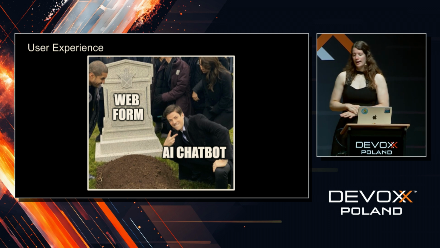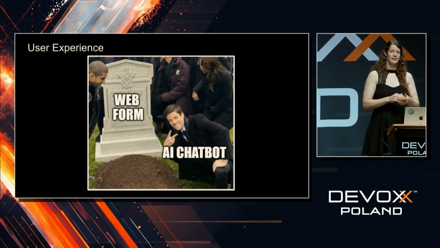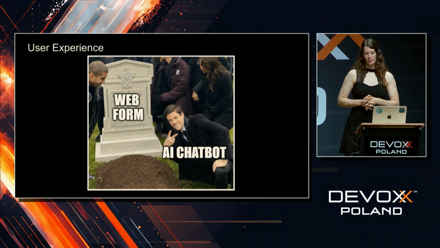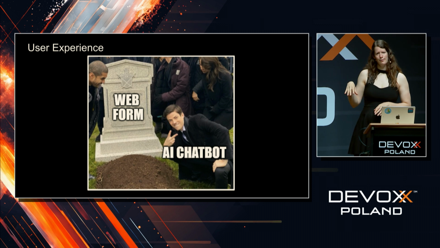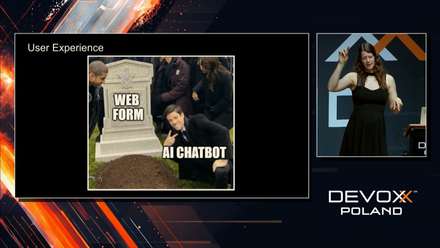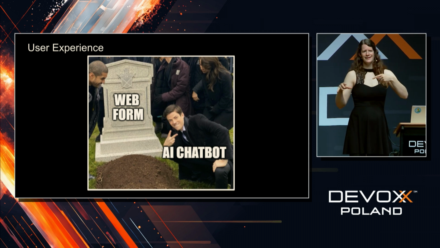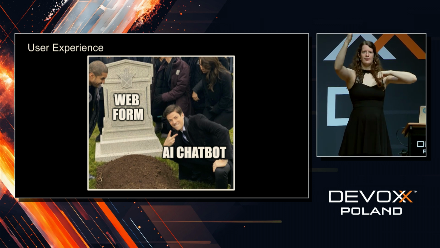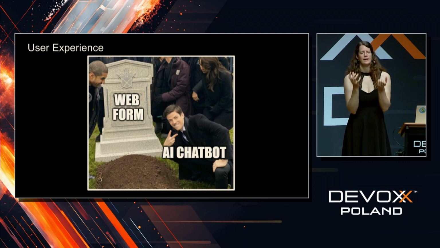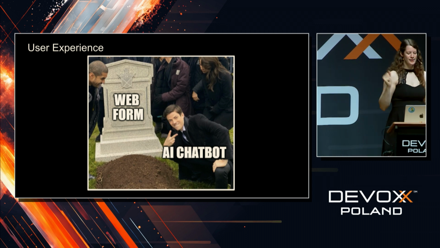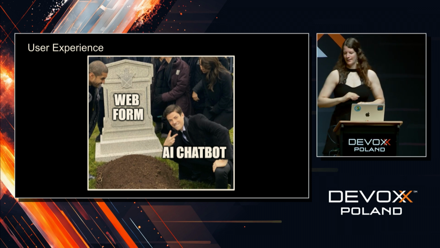Okay, now where would you want to use AI for your application, or in existing applications? Where can you already use it very well? It's for improving user experience. I'm so fed up with these web forms where you have to select your nationality from a drop-down of 200 things. I'm from Switzerland, so I type S, and then I get a whole page of R, and at the end is the first country with an S, and I'm just like, I want to kill someone. So here you can use a chatbot instead. Yeah, I don't have time to demo it now.